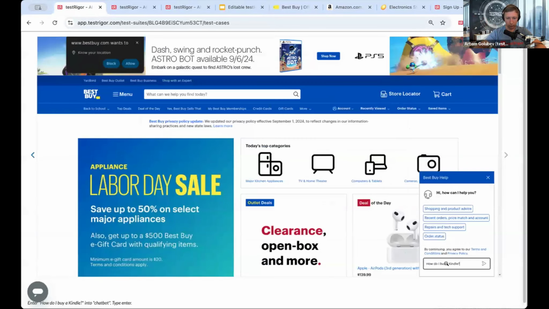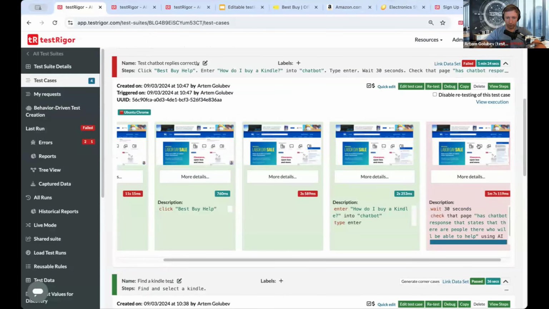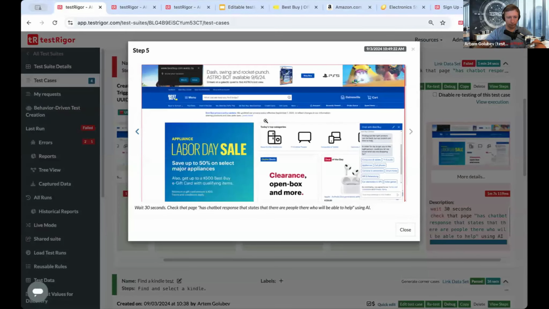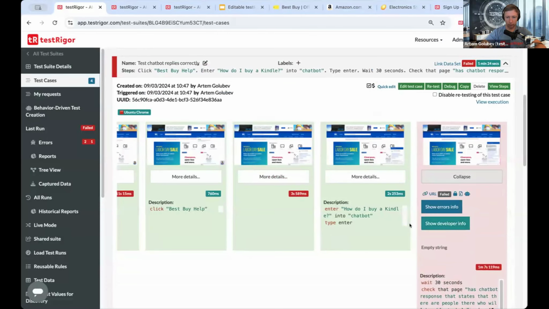So there you go. So here we entered this Kindle. How do I buy Kindle? Into here. And voila. So this is a response, and it failed. And let's see what is going on. So if something fails,